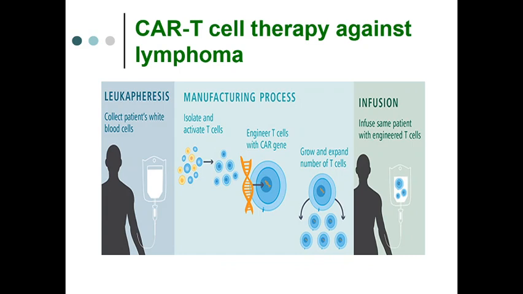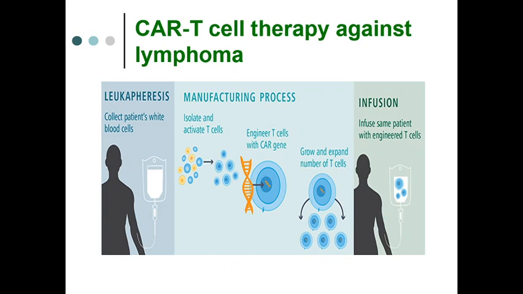So how it works against the B cell lymphoma, let us see. Let us see that the person suffering from B cell lymphoma, whose blood is collected, as shown on the left hand side of the diagram. After collecting the blood from the person, the leukocytes are isolated and the blood is given back. Isolation of the leukocytes and giving the blood back is called leukapheresis,